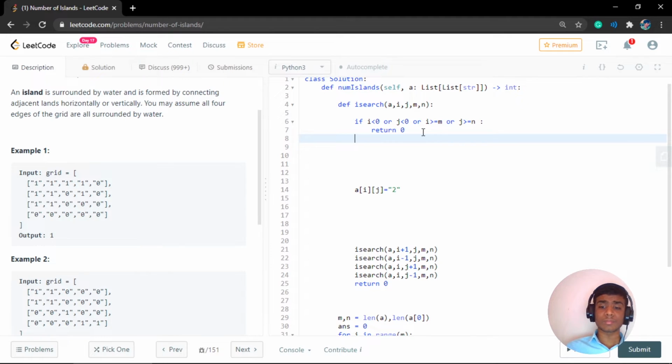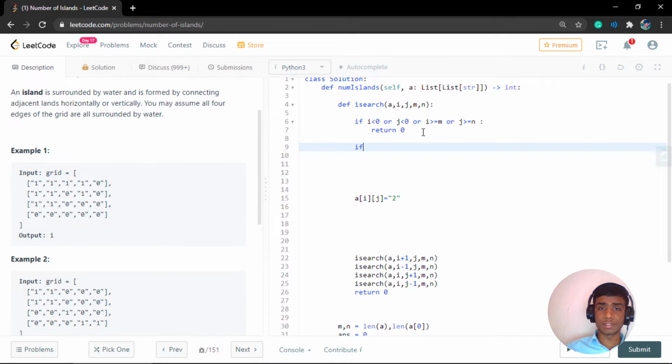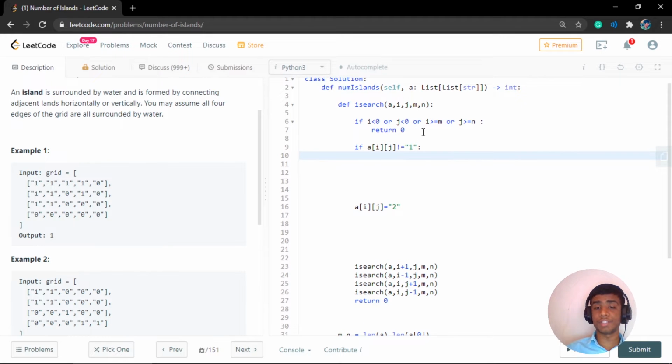True. And also there will be some conditions where I have already reached the node and there is no point of making another search from this, right? So in that case, if a of I and j is not equal to 1, that means it is not visited, because if we had visited it would be marked as 2.